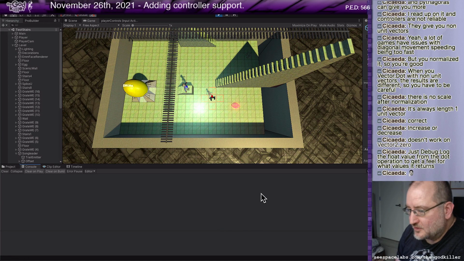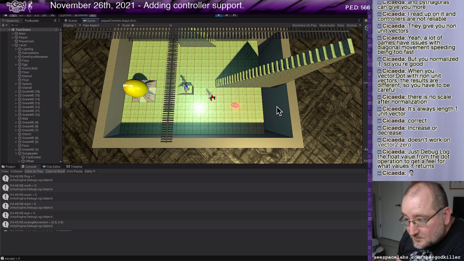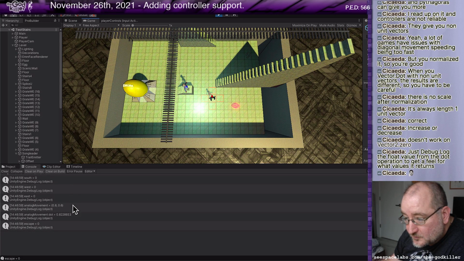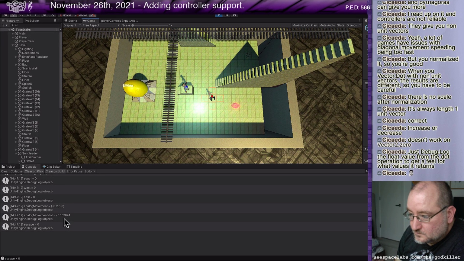Okay, up, right, diagonal. What? Lost my focus? Oh, no, I've got to click on the screen. There we go. So analog movement, this is up, right, diagonal. The dot, 0.82. Okay, so if I go straight up, the dot approaches 0.